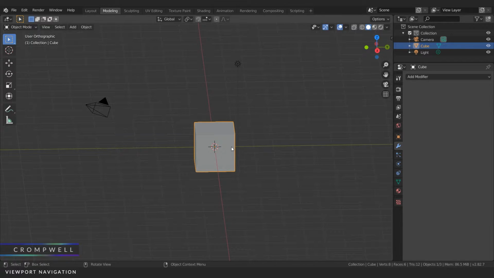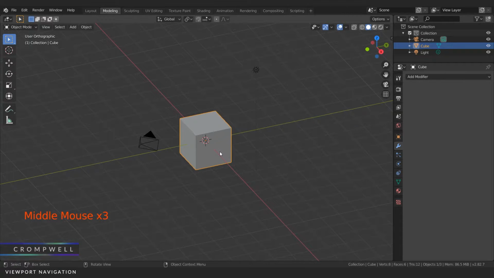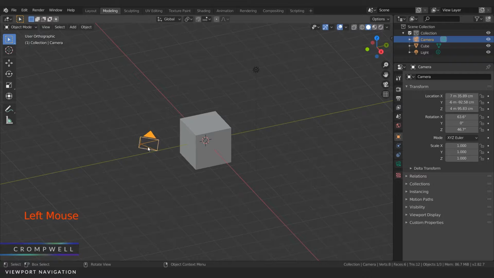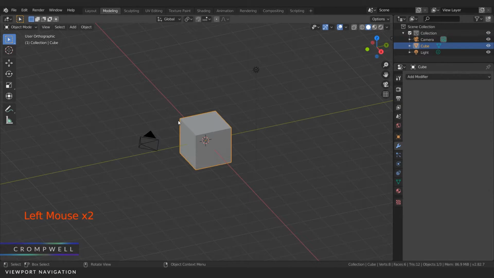I would not suggest working exclusively in orthographic view because it's not really going to be what you get when you do your final render. Although there are ways to force Blender to render in an orthographic view if you need one. So for example, if you're creating 3D objects for the purpose of a drafting demonstration, showing your objects in orthographic view can be really useful. There are ways to force Blender to render out in that mode if you so choose, and it has to do with our camera and our render properties,